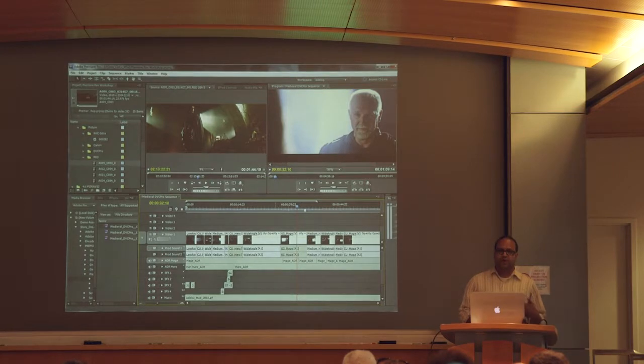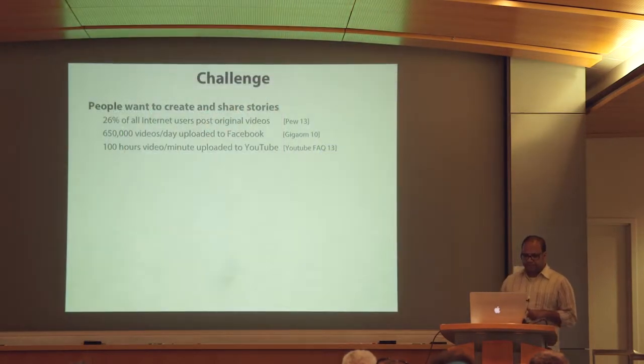They force users to work at the frame level and concentrate on the frame level details rather than on putting together the overall story. And so most users just don't take the effort to learn to use these tools. And so I think this is leading to a challenge. The statistics suggest that people really want to create and share audiovisual stories.